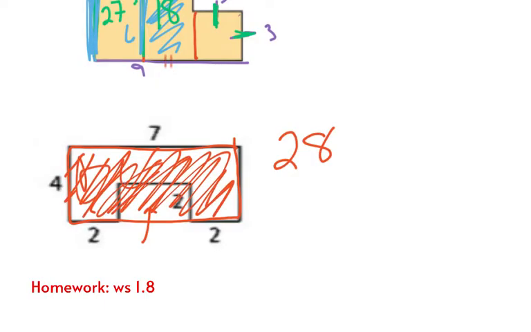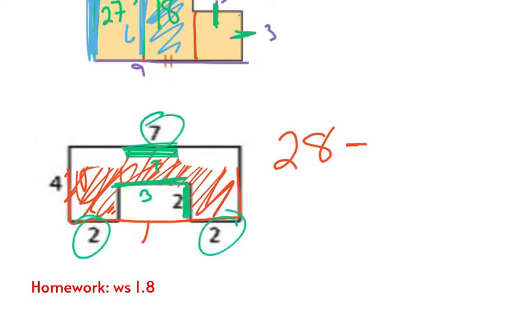Then what I'm going to do is subtract out the area of this piece. I'm going to do a little subtraction. So I need to find its dimensions. It's got a height of 2. And I do base times height, but this one I don't know. Well, again, if it's 7 all the way across, and I take off the 2 from here to here, as indicated by that 2 on the bottom, and the 2 from here to here, I'll be left with that one, which would be 3. So again, I take the 7 minus the 2 minus the 2. So I have my 28, and I'll subtract off 3 times 2, this little 6 square unit piece,